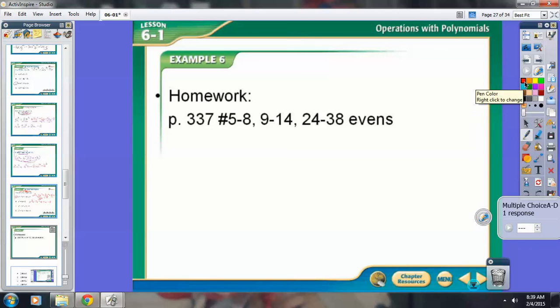Give me just a second. I just want to verify that this is the correct assignment real quick. Make sure I have the right